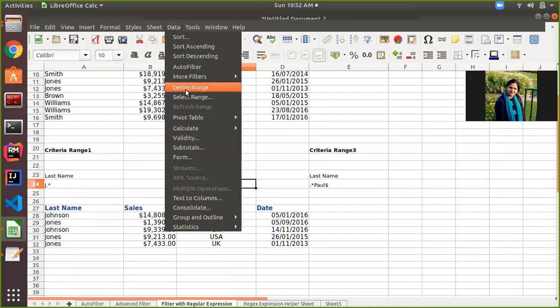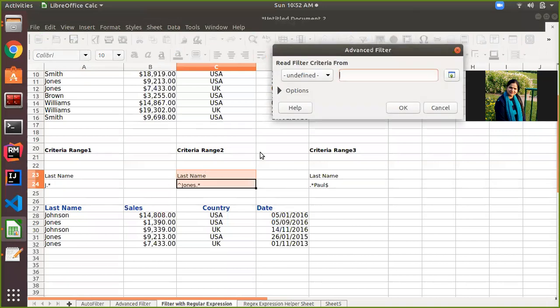Again, go to data, then more filters, then advanced filter. So this is my criteria. Sorry, we didn't specify the data set.